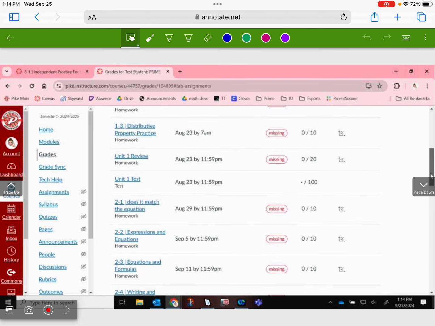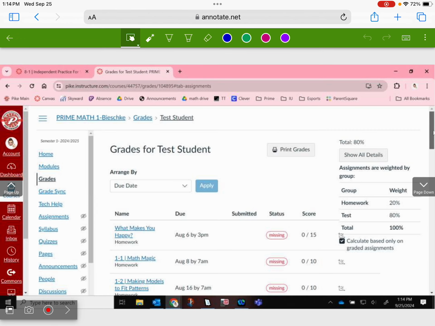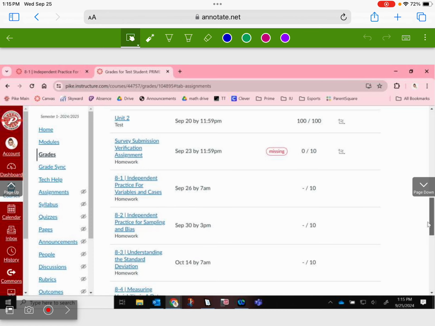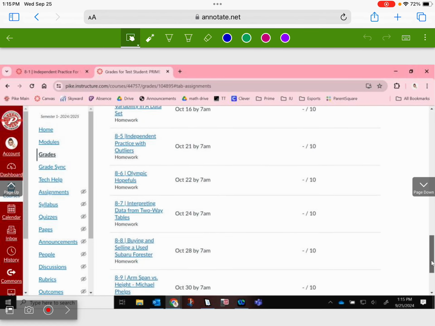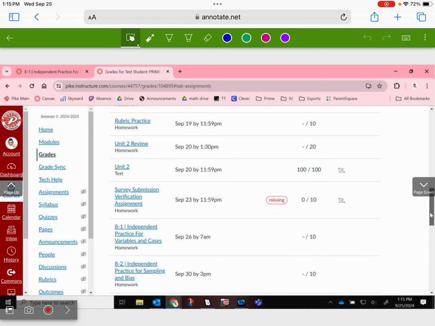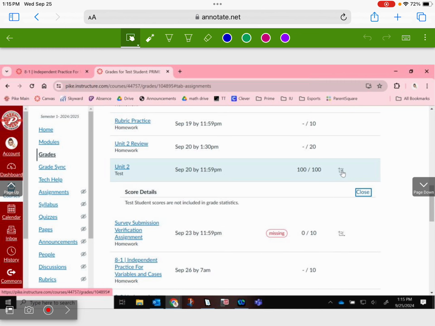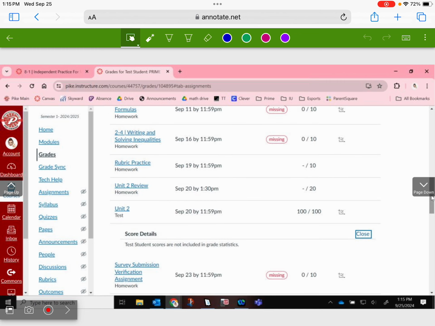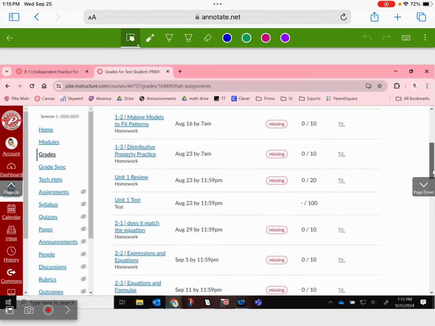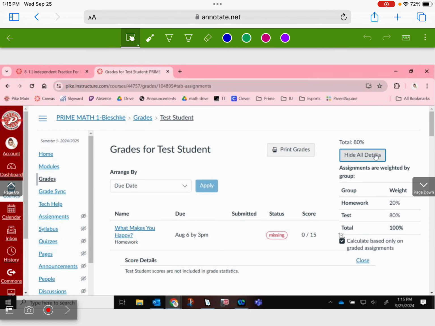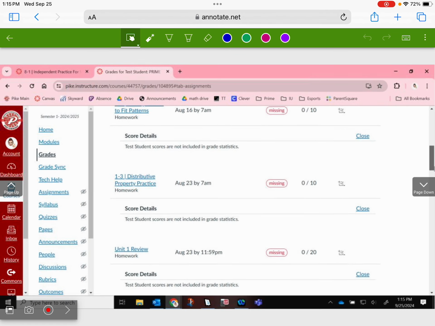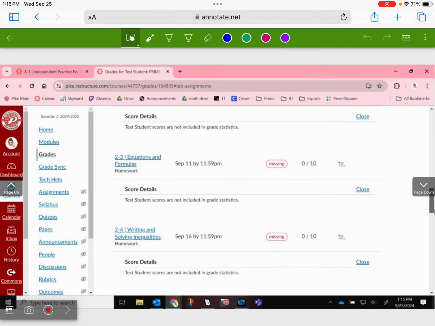All right, so first things first, I want to show you in Canvas. I just told you we could find a box and whisker plot. This is a test student. This is literally no one here. I made up a value. I just put a test score in for them so we could see it. Where did the test go? Well, they got an 80. There it is. If you click on this little square that has a little plus and a checkbox in it, open the thing. Go all the way up to the top. Click show all details. Well, this is not going to work because it's a test student. So if you click that,